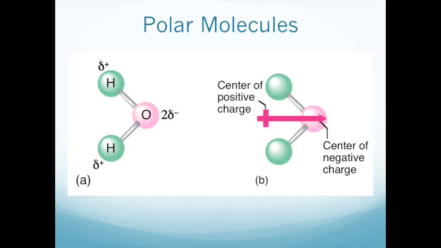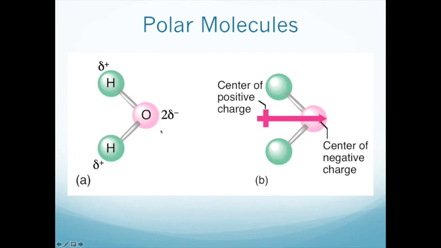Polar molecules in general have a partial positive charge on one or more atoms. In this case, for the water molecule, it's hydrogen, and then the other atom will have an equal and opposite negative charge. So since we have a partial positive charge on both hydrogen atoms, the partial negative charge on oxygen